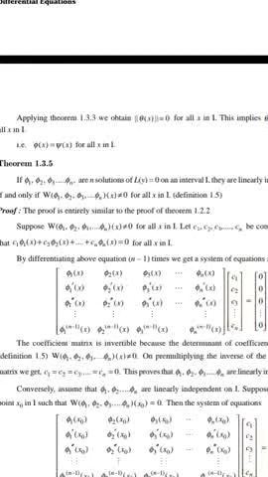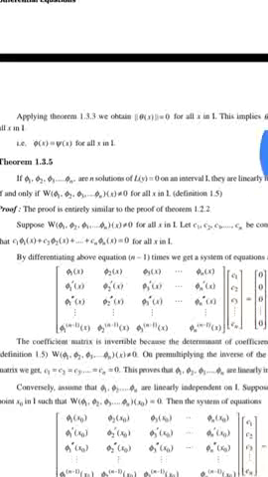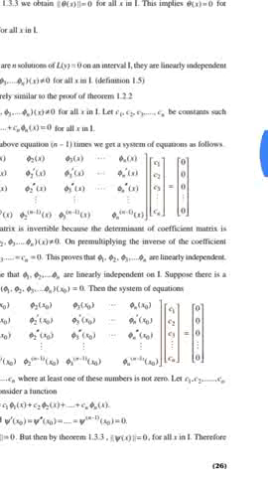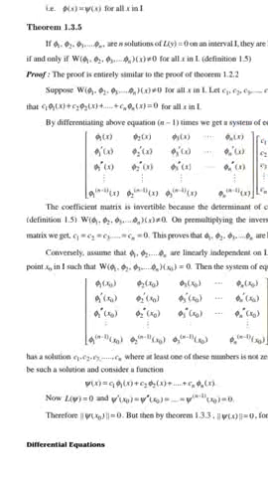Suppose the Wronskian of phi1, phi2, ..., phi n at x is not equal to 0 for all x in I. Let c1, c2, ..., cn be constants such that c1 phi1 of x plus c2 phi2 of x plus ... plus cn phi n of x is equal to 0 for all x in I. By differentiating the above equation n minus 1 times, we get a system of linear equations such as